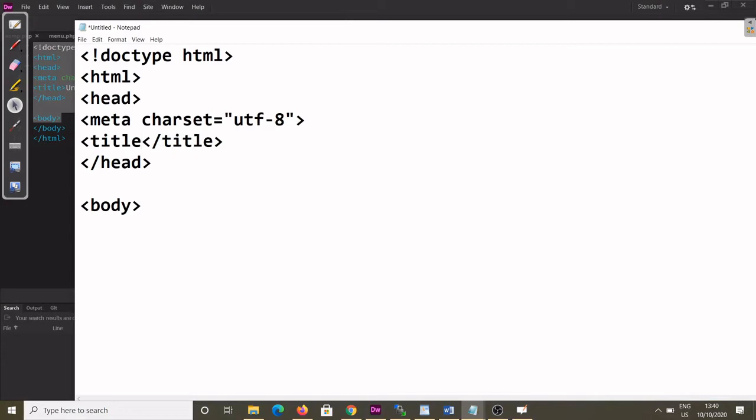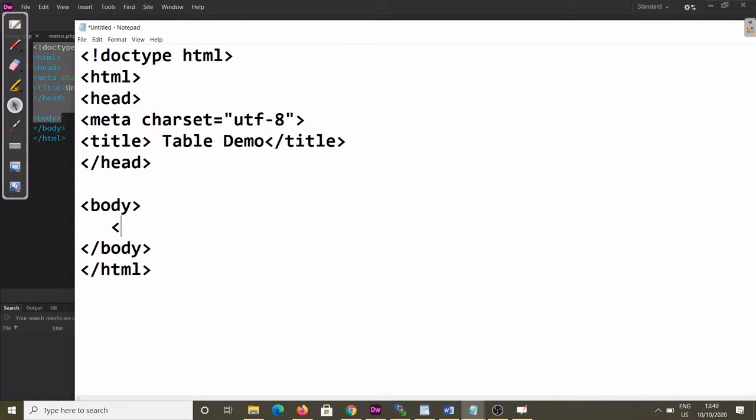Title: table demo. Coming to body, this is the closing of the body and the closing of the HTML. This part is done, so we have to write inside this one.